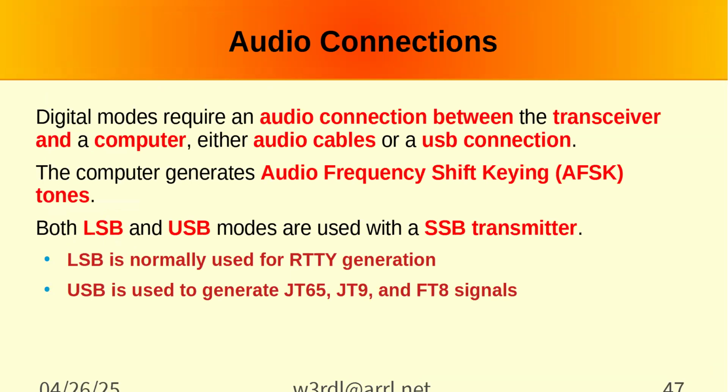I guess in the case of the 7300 doing the RTTY, there's kind of a computer in it doing that part of the decoding, but you still need to connect something up to transmit. So in this case, the computer is actually generating the audio frequency shift keying tones, and they're being sent to the transceiver,